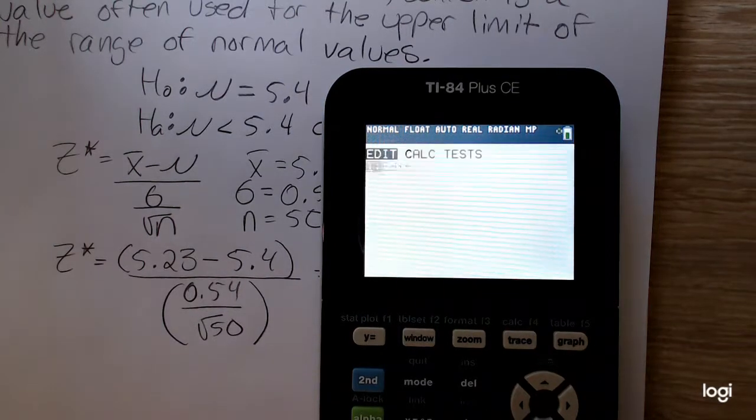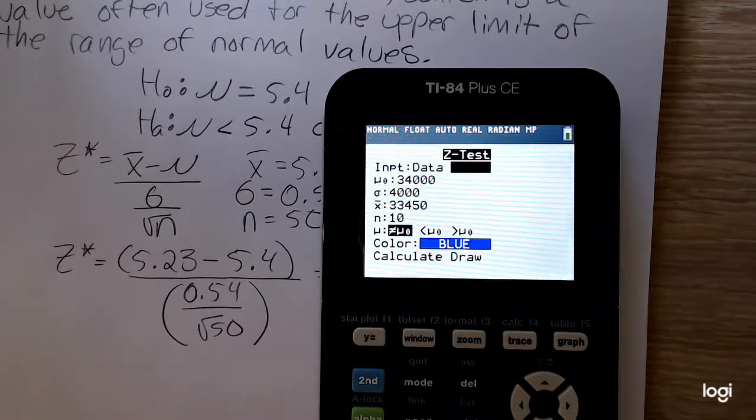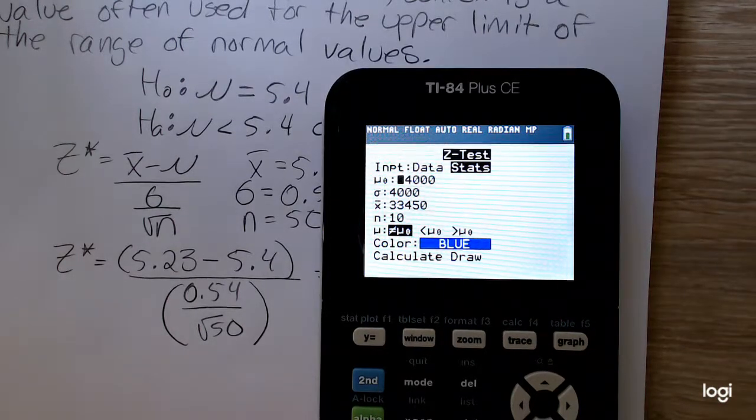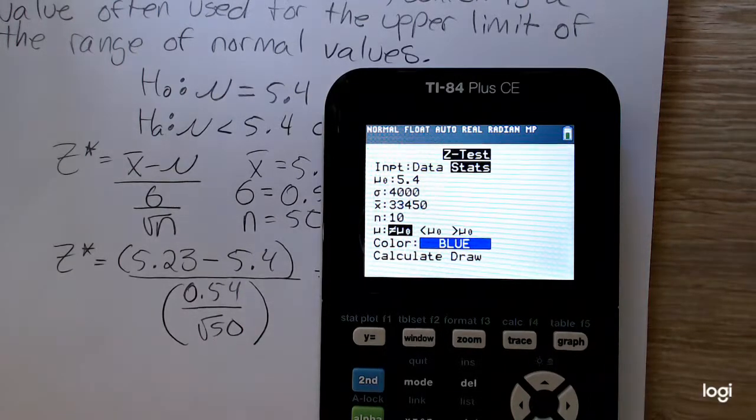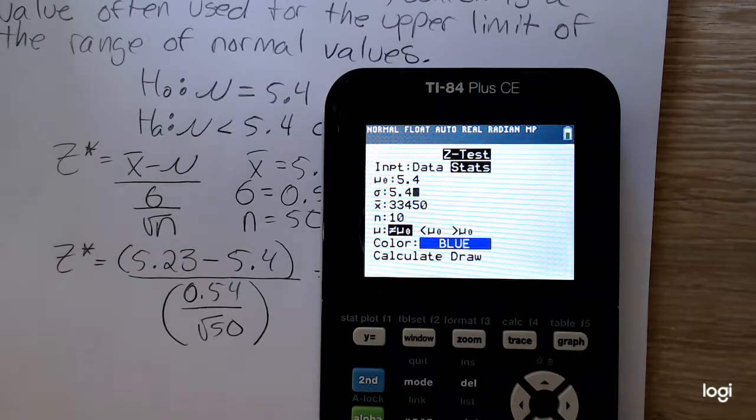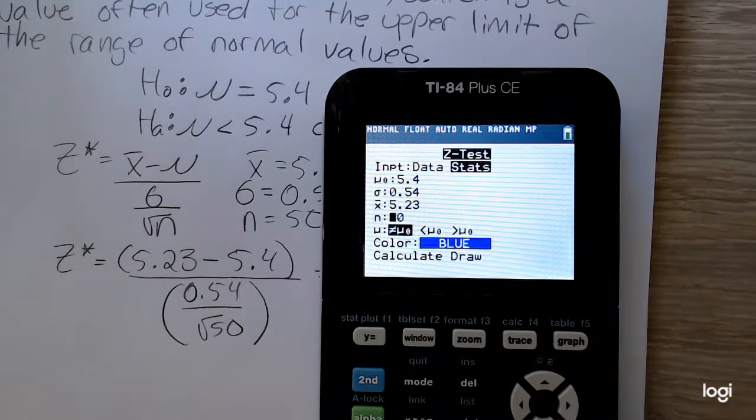Going to the stat menu, over to tests. First option is the z-test, and I have the summary statistics rather than the data in a list. I'm changing my null statement to match the value in the hypotheses. My assumed population standard deviation was 0.54, and my sample mean was 5.23. I need to change the sample size as well as the direction of the alternative to less than,